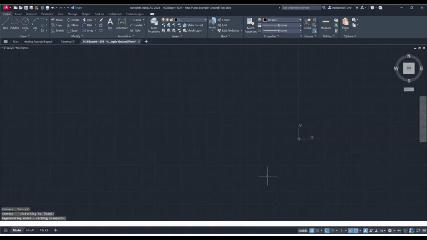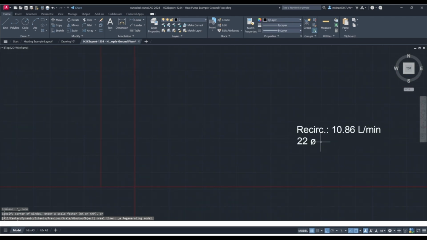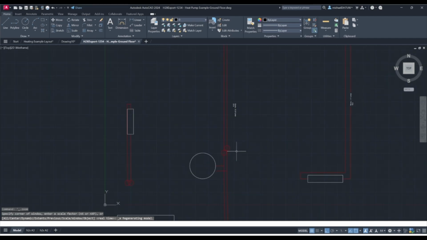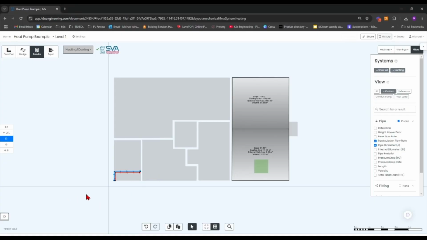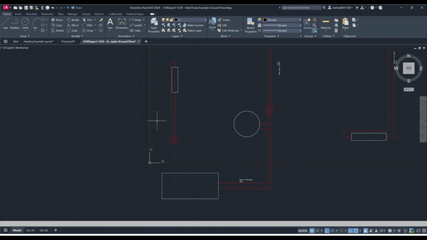If we go to model space and we double click on the scroller on our mouse, that will bring the entire system into view. And you can see there we've got some of our pipe information, we've got all of our pipe layout and our radiator, valve and riser and plant locations. Okay, so the blue crosshair in h2x, this here, will always be the 0, 0 coordinate in AutoCAD, so the origin point for these X and Y